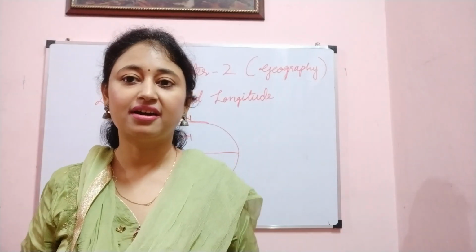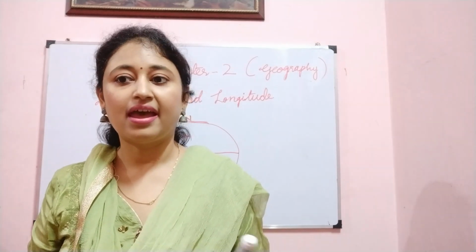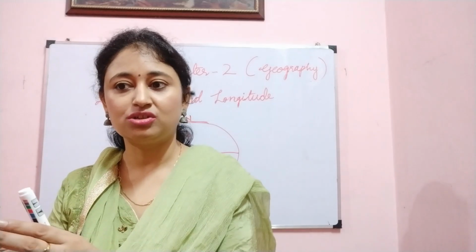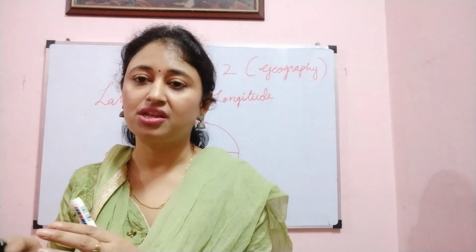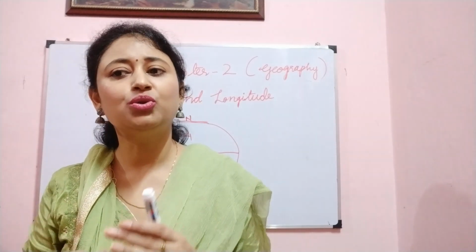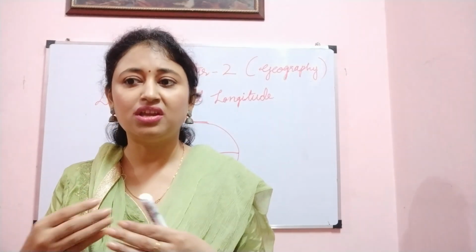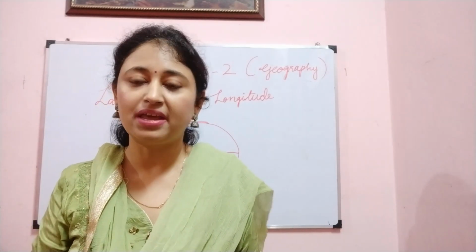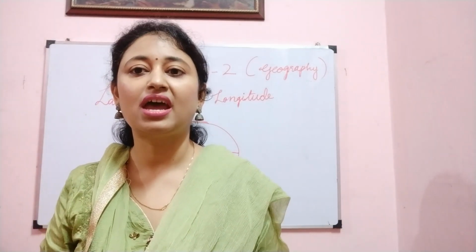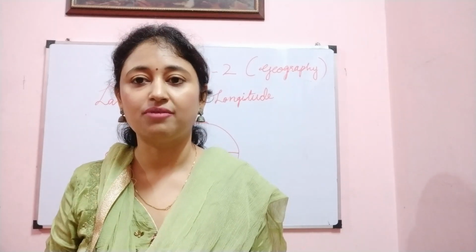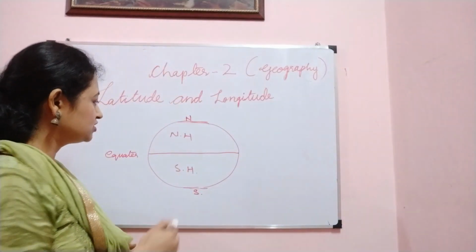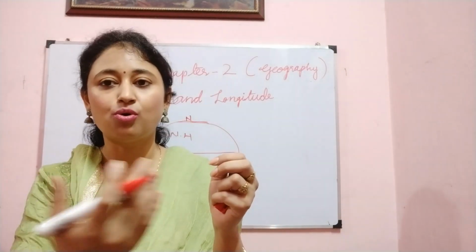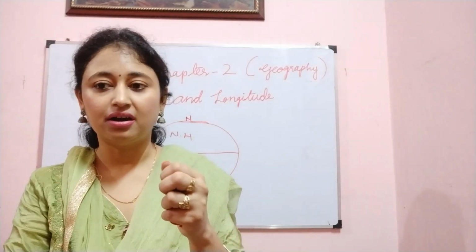As we all know, Earth is very big in size, and it is very difficult to describe the location of a point on a sphere like Earth. So the question arises, how do we locate a place on it? We need certain points of reference and lines to find out the location of a place. So we have certain reference lines. We have the main line, which is the equator, a circular line which covers the entire Earth.